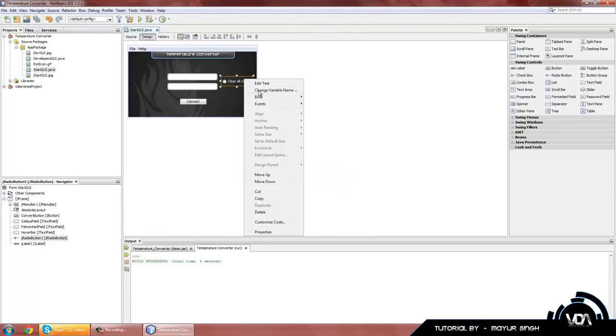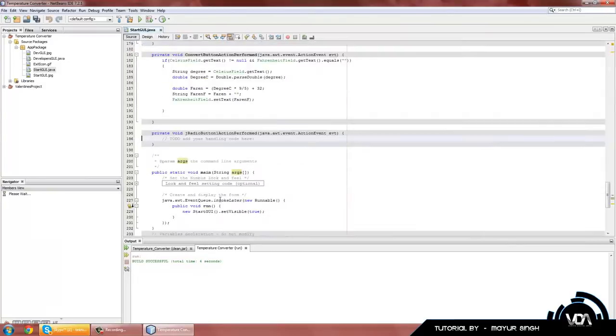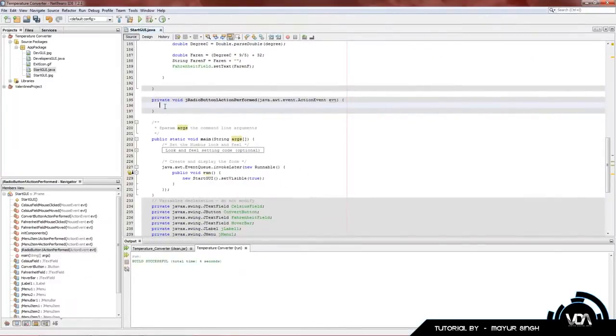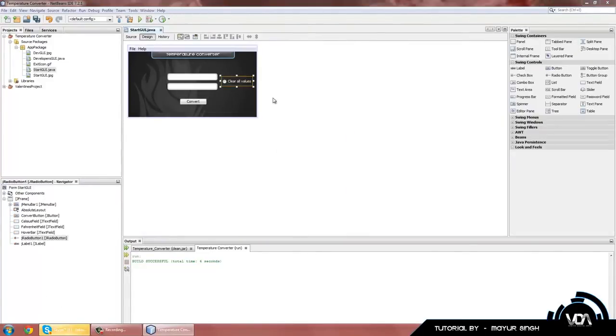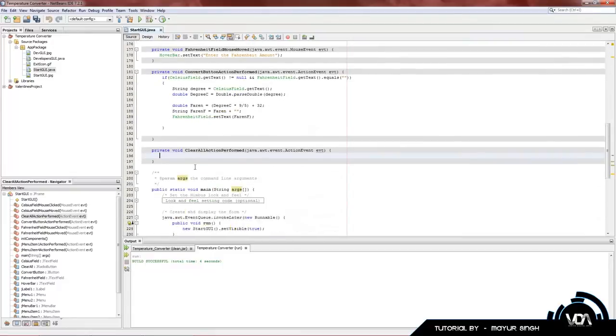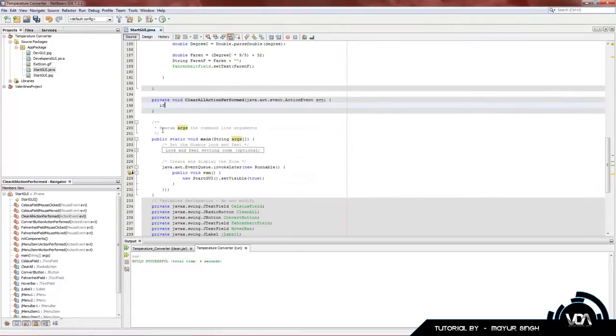Let's add some code. Right click on this, events, action, action performed. Scroll down a bit. Okay, so let's get coding this. Now let's just rename our value really quick. Change variable name, clear all. Okay, now let's get back into our code, and we're going to add another if statement. If, I didn't actually copy paste it, but if clear all dot is selected,